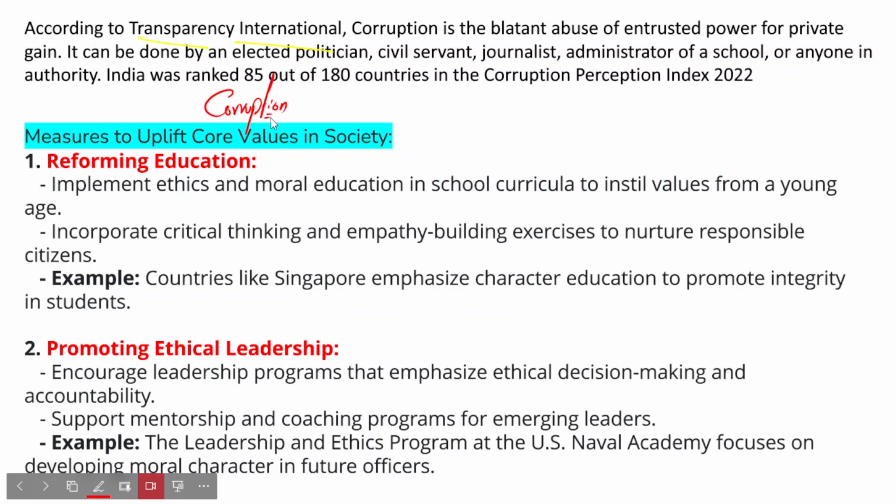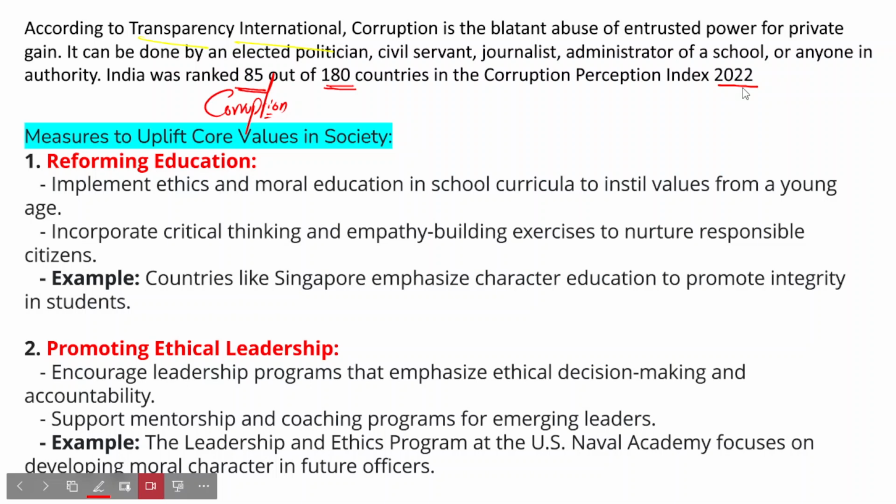So what exactly is India's rank? If you look at the Corruption Perception Index ranking, India was ranked 85 out of 180 countries in the Corruption Perception Index 2022. So it indicates the poor ranking of India